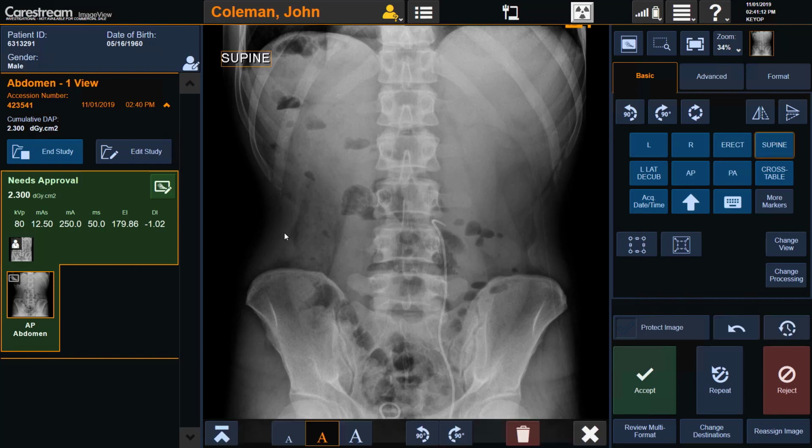Notice its font size can be adjusted between small, medium, and large sizes. Additionally, the ability to rotate the marker 90 degrees counterclockwise or 90 degrees clockwise is available if needed to avoid covering anatomy. We will also add the laterality marker